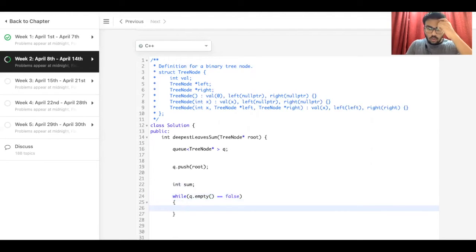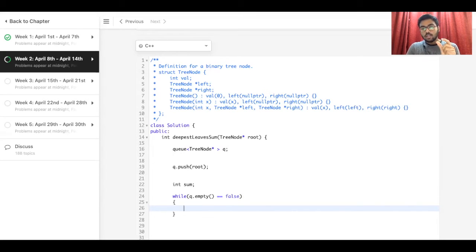So while the queue is not empty, till that time we will be looping through the tree, and at every level we'll be adding elements to the queue, and we'll be checking if that is giving us an empty queue.